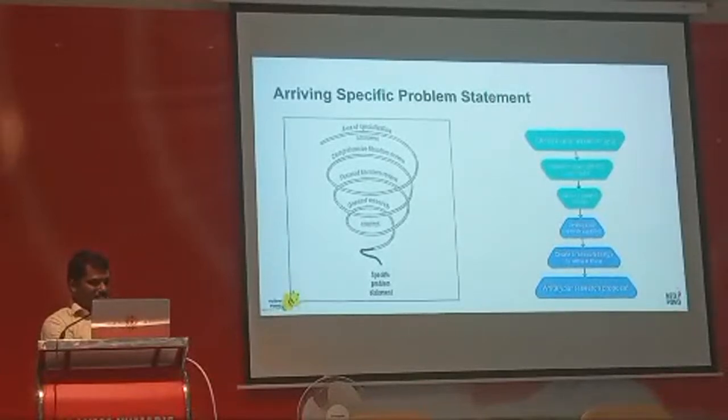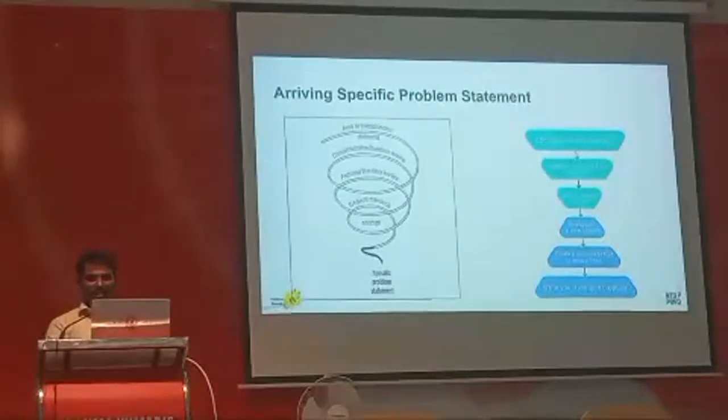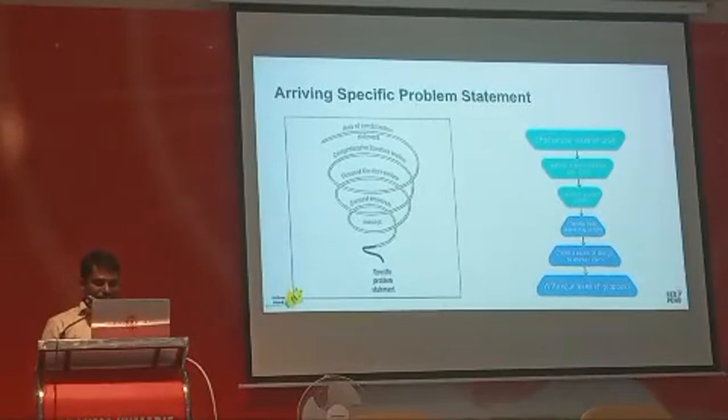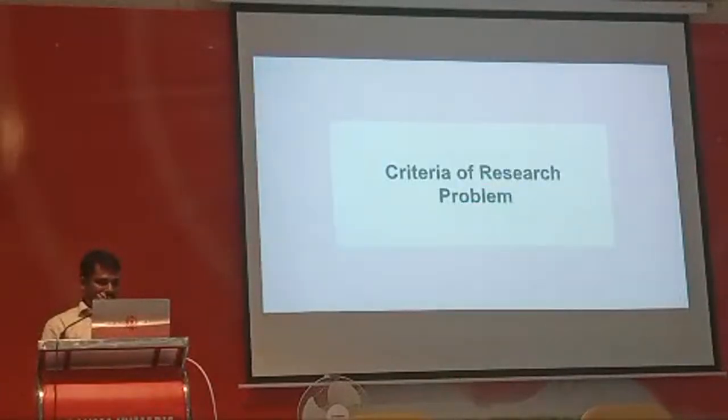Okay, go to the general research, understand the concept, make a problem statement. It's called the spiral of selecting the research problem. Okay, I'll go to the next one. So this one is already said.